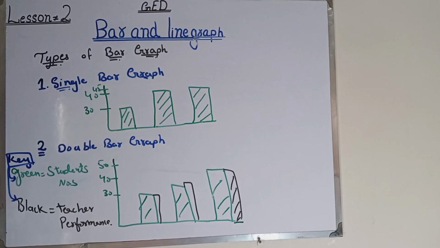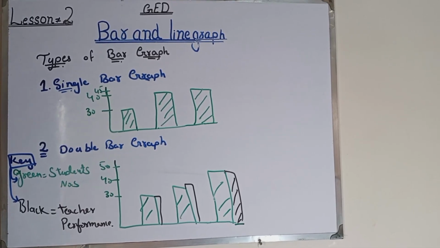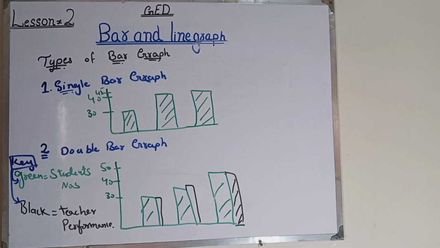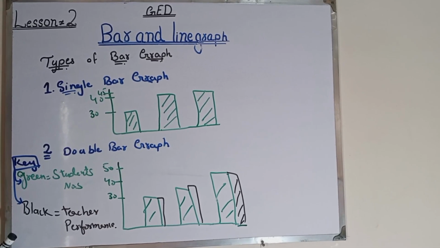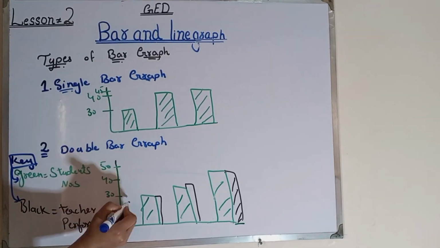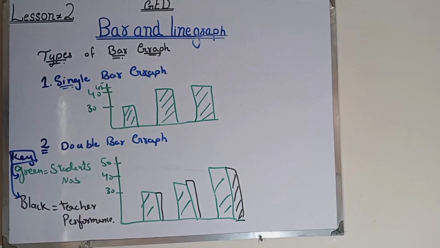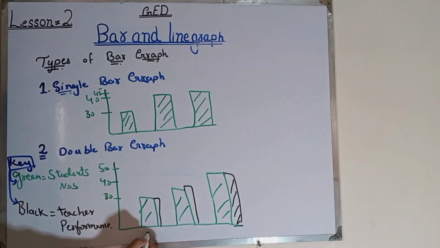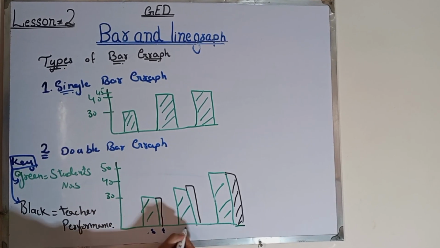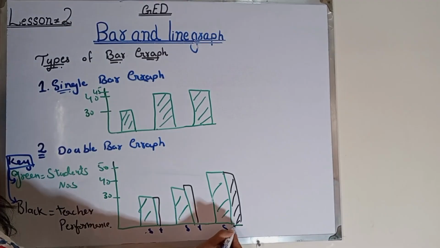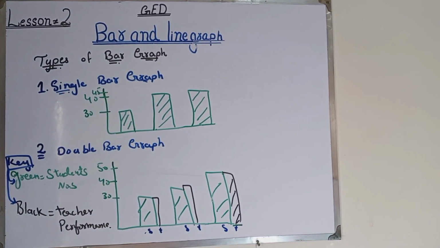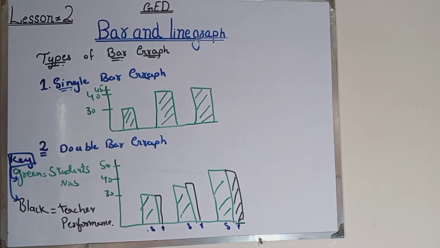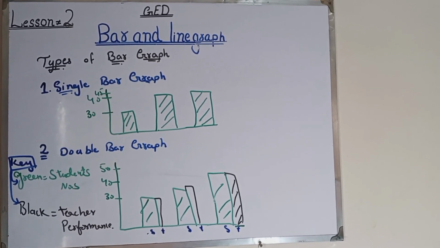Next, reading a bar graph. How you can read a bar graph? How you can understand a bar graph? A bar graph usually has one scale number on one side. As you can see, these are numbers on one side. And labels instead of second scale. These labels, just like this is students, teachers, students, teachers. These are the categories on one side. The labels show the categories such as ages or groups.